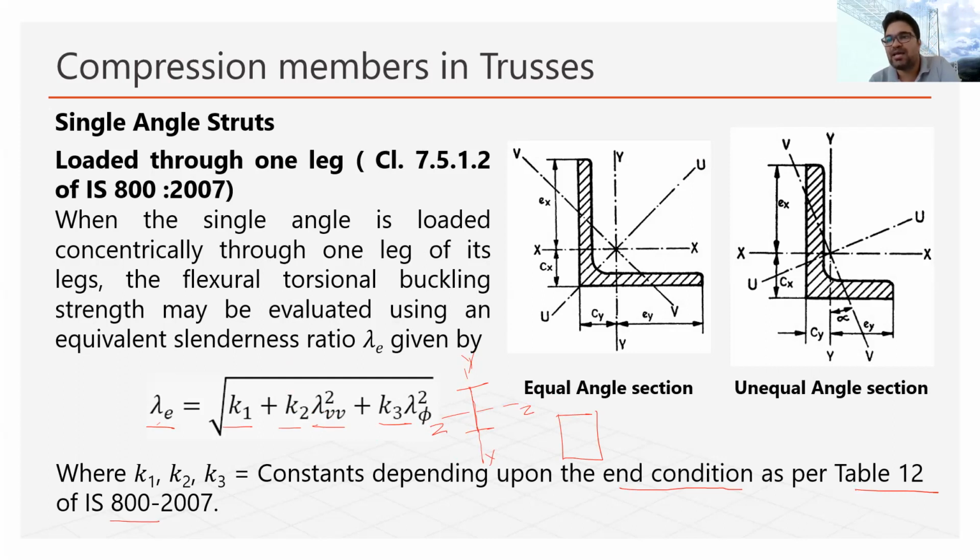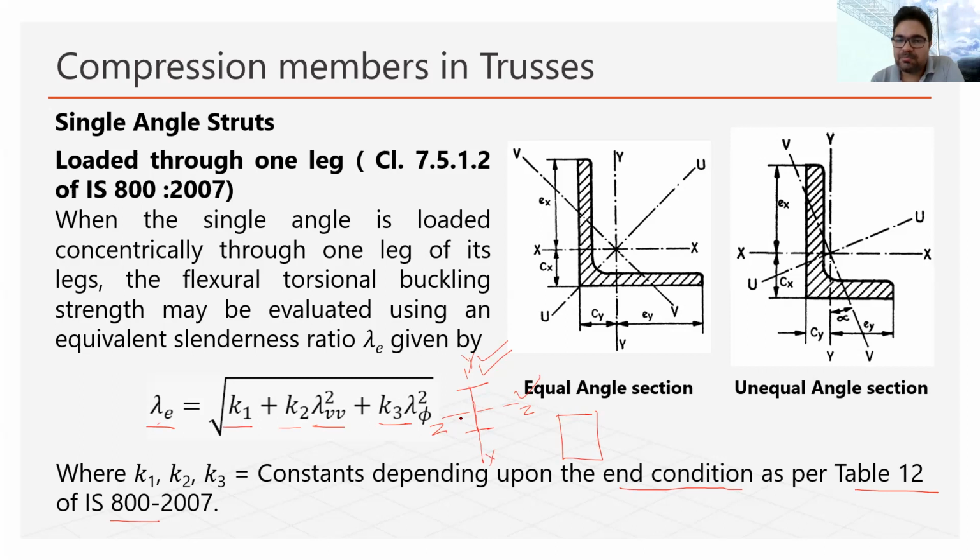So major axis is the axis about which any particular section is strong, but the opposite to it, the other axis, is called minor axis. This minor axis is the axis about which that section is weak. Both of these two axes coincide with the z axis and y axis, which means the z axis or y axis can be major axis or minor axis. In this case, y axis will be minor axis and z axis will be the major axis.